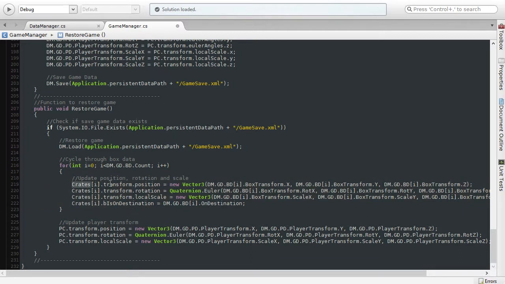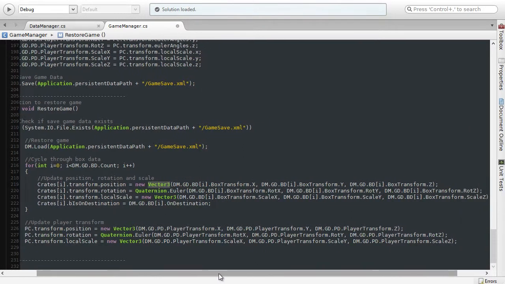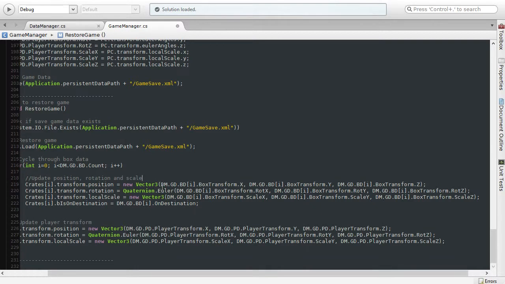Notice here in the position we're creating a new vector. Let me just move over a little bit here, and we're passing in the transform x, y and z data into a Vector3 constructor here. And also here we're creating a new Quaternion based on Euler values, that is degree values on the x, y and z axis, and you can see those values passed in here from rot x, rot y and rot z. And the same for local scale, we're creating a new Vector3 structure, passing in those values,